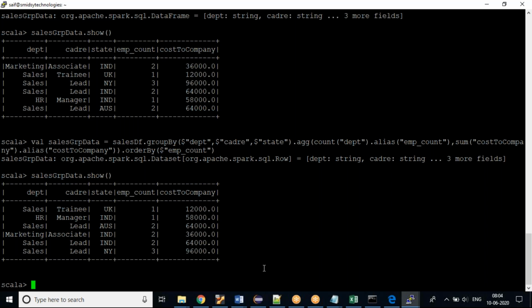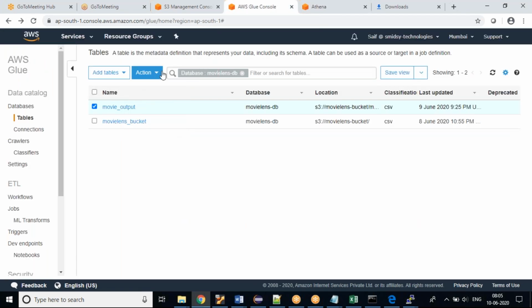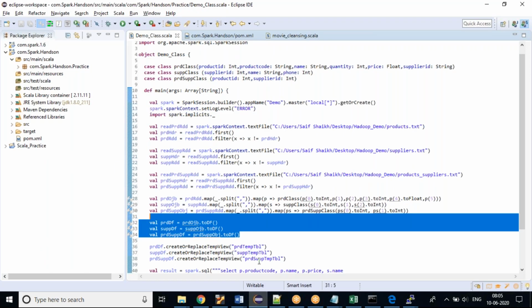So this is it. That's what I actually wanted to show you, everything from the Scala Spark coding in Eclipse to the REPL method. How does the REPL method reflect over here, and a little bit of cloud. How does your cloud look, how are your AWS services, how is your script, and what is your storage. So this is it.